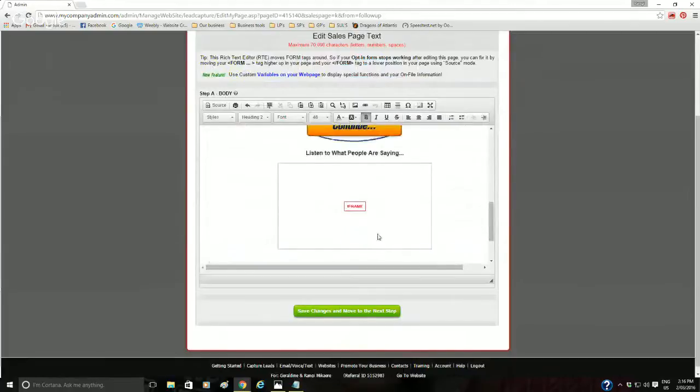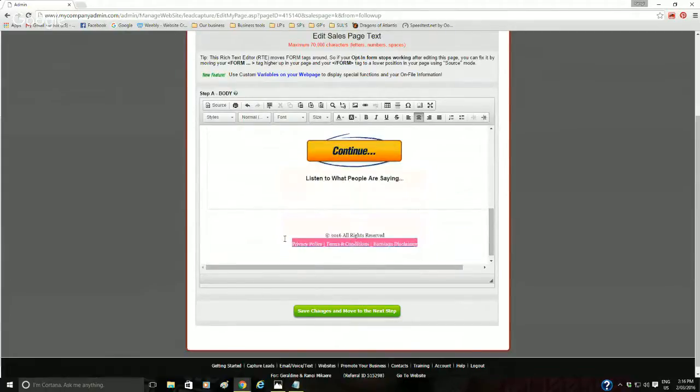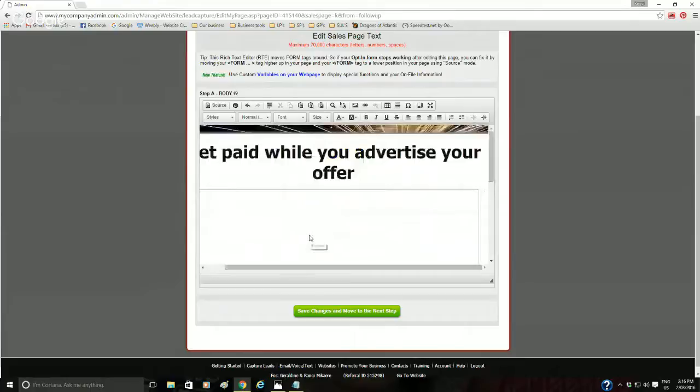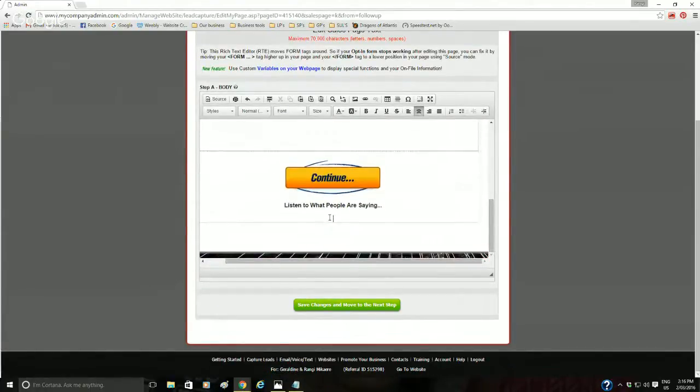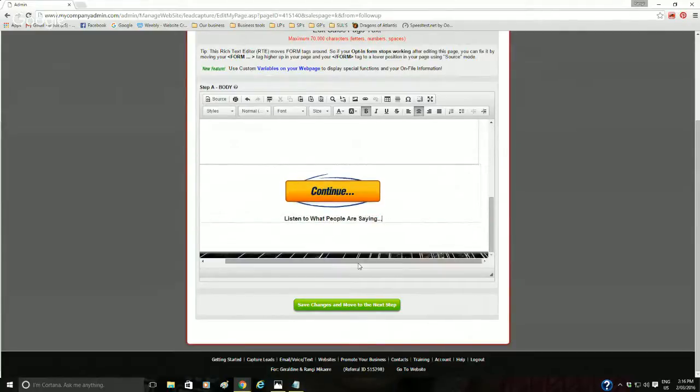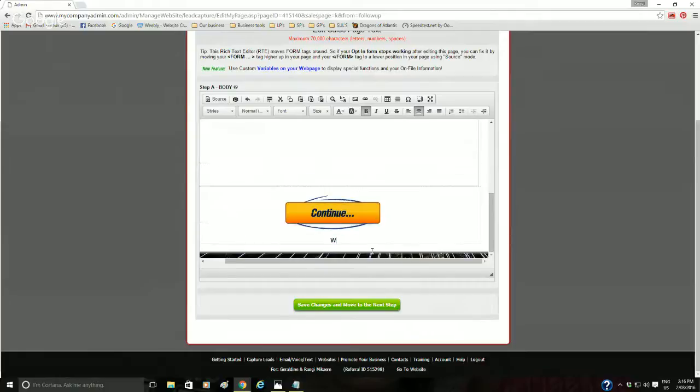Now at the bottom of this, you can put another, like a testimonial or something if you want to, but just for this example, I'm just going to delete it. Half the time I just take out the bottom anyway. Just bring it up so that it brings up the box on the actual screen. See how you can see the picture now? Okay. Over here you can put another message in here just saying something simple like, we will